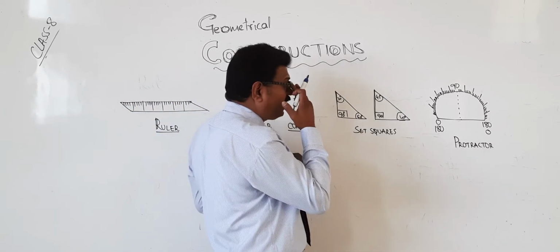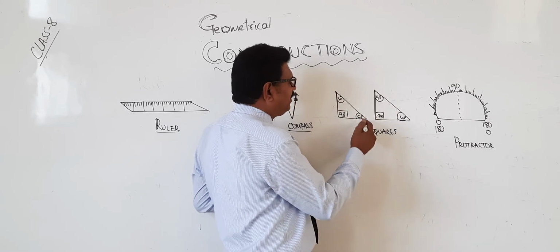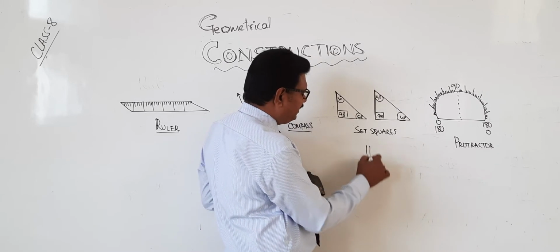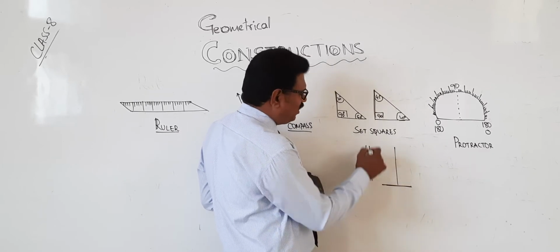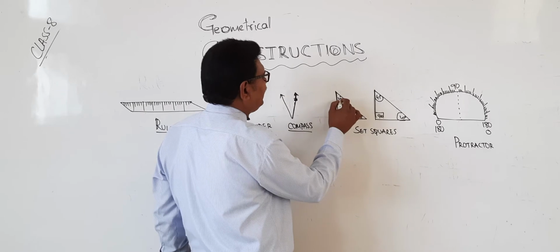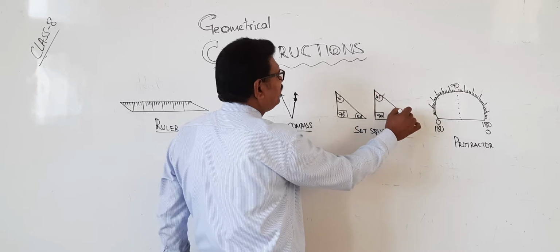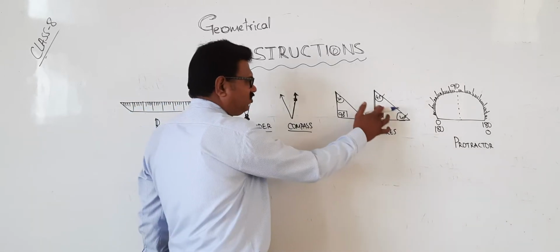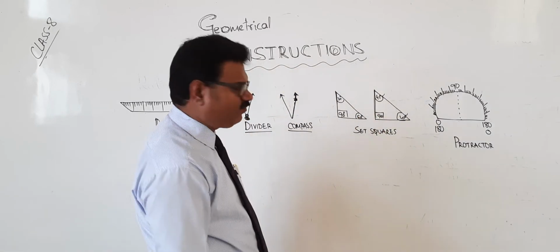Next, set square. With a set square, we can't draw any angles, but one right angle only we can draw, and remaining we can draw perpendicular lines as well as parallel lines. You know that these lines are parallel, and perpendicular means like this. So one line is like this. These two are parallel lines. Okay? Yes. Therefore, in this, both are 90 degrees only, but here 30 degrees, here 60. Here it is nothing but both have the same 2 angles. That is isosceles right angle. Isosceles means 2 angles are same. Right angle means one angle will be 90 degrees.